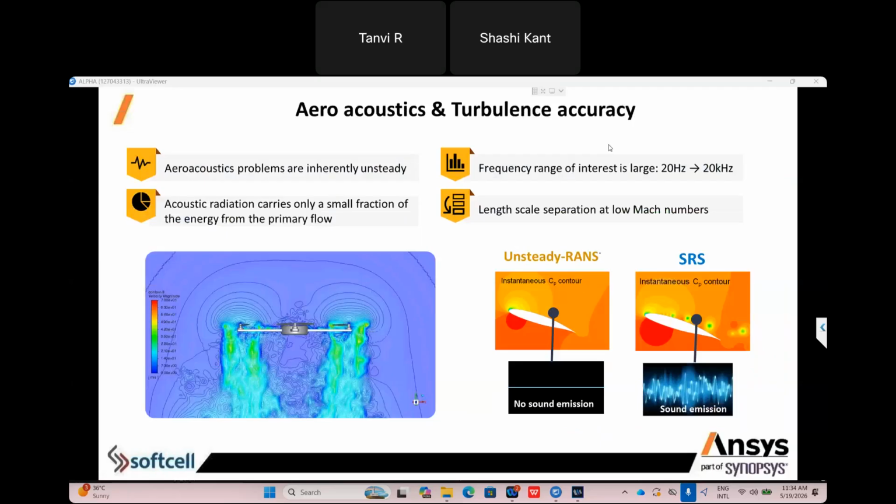Now this is a case study for your better understanding. As I told you, aeroacoustic simulation. Once this eVTOL flies, we need to understand the NVH. In terms of NVH, we have some restrictions from DGCA and some requirements in terms of noise also. So we can replicate similar boundary conditions in the virtual simulation and understand, while the eVTOL is flying, how much noise there will be.